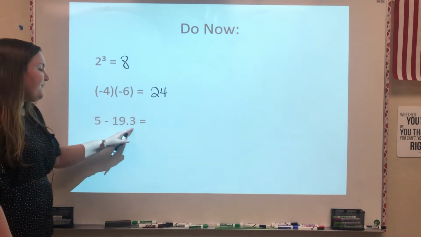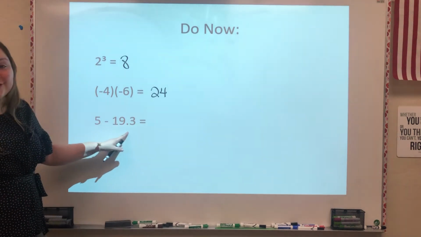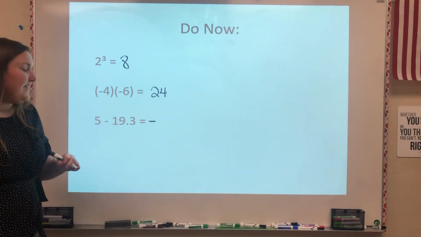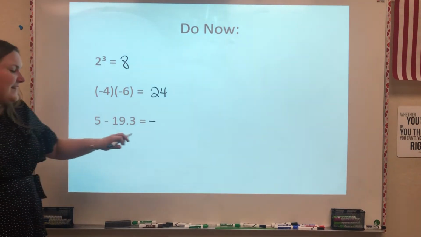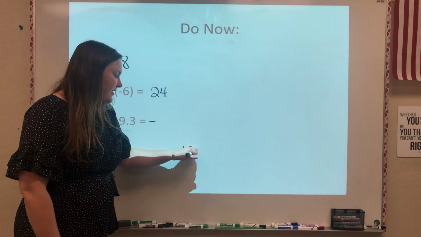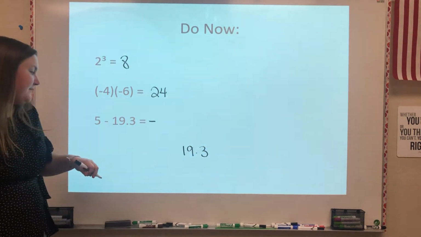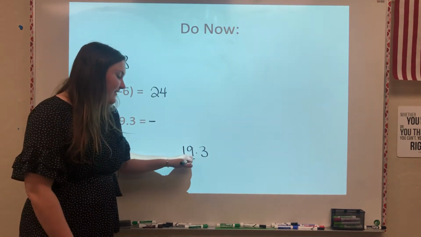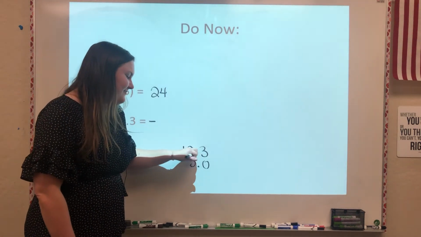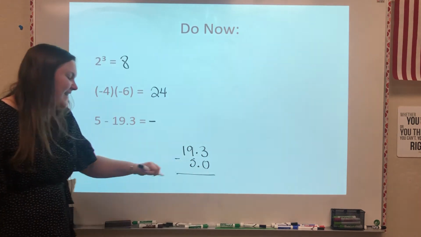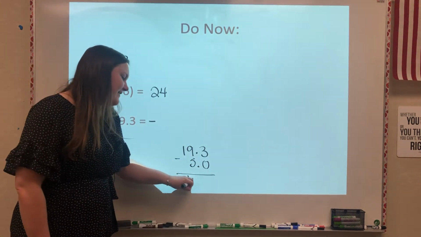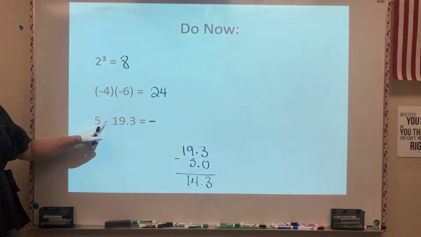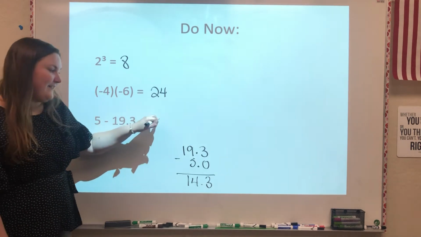For this one, one of the first things I notice is I'm taking away a larger number from a smaller number. That's going to tell me my answer should be negative. In order to subtract these, I'm actually going to change around the order and put the larger number on top and then the 5 below it. When I write 5, I need to write 5.0 so that my 2 decimals line up. And then when I subtract, we get 14.3. Now remember, I had that negative there because we're subtracting a larger number, so my final answer is negative